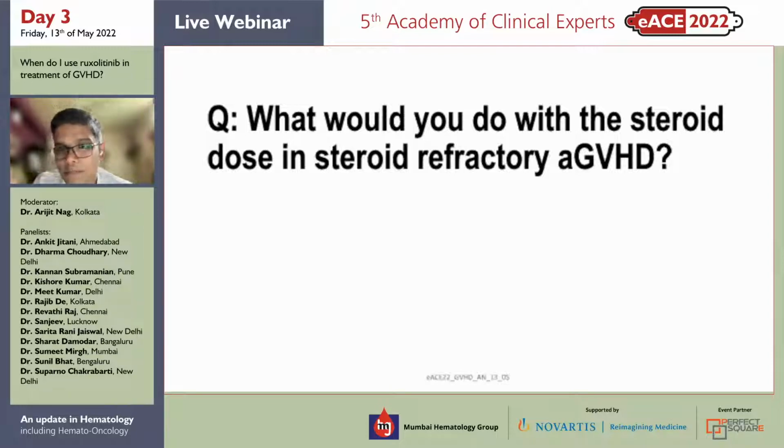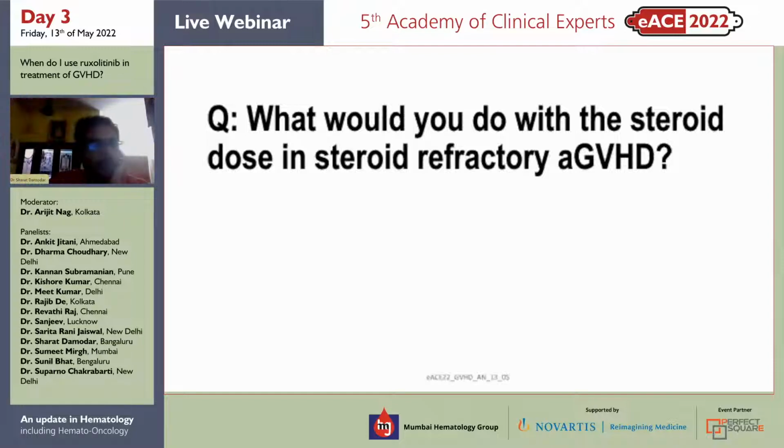Sharad sir, if you could come in. Yeah, so we wouldn't abruptly take it off, Rajit. You would certainly drop the dose to closer to 1 per kg and keep it on for a little longer, because some people do advise taking it off faster, but then you're really not sure that your second agent has started working.